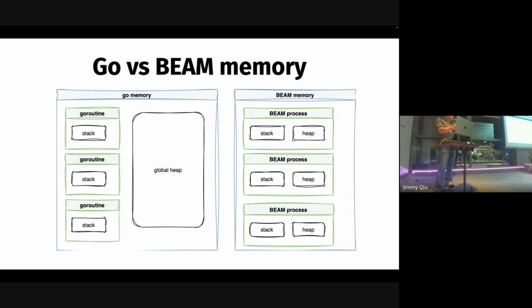You can actually access it directly, and you do have mutexes and locks and all that sort of thing, and you have to use them if you want to do it manually, which you'll do if you want to get performance. Whereas Beam has a different approach, where each process has its own stack and heap, which is unique. You don't see that very often. The heap for every single process is totally isolated from every other heap, so you can't dig in and get a reference to any data in a heap that's owned by a different process. You can only access your own heap as a process when it's running.